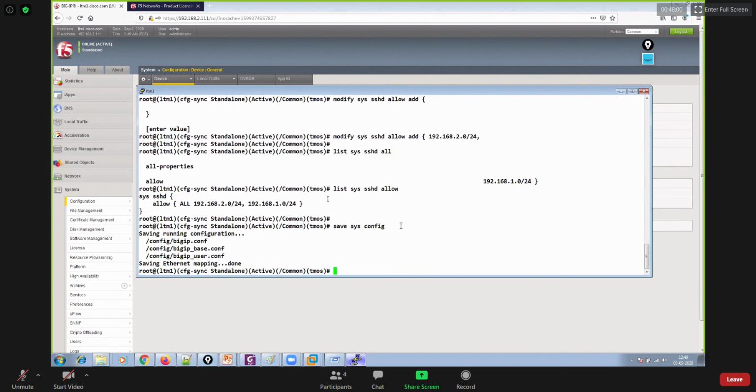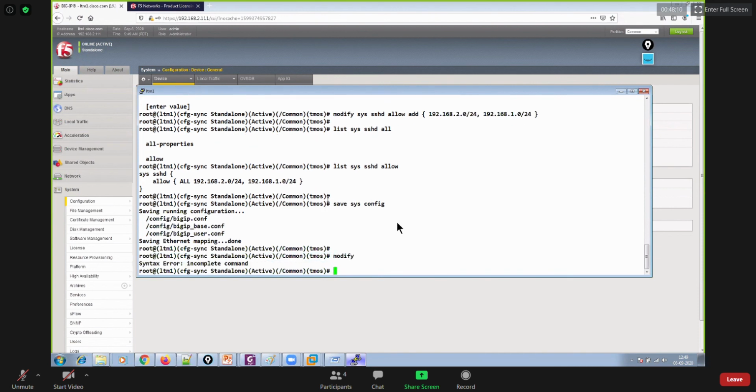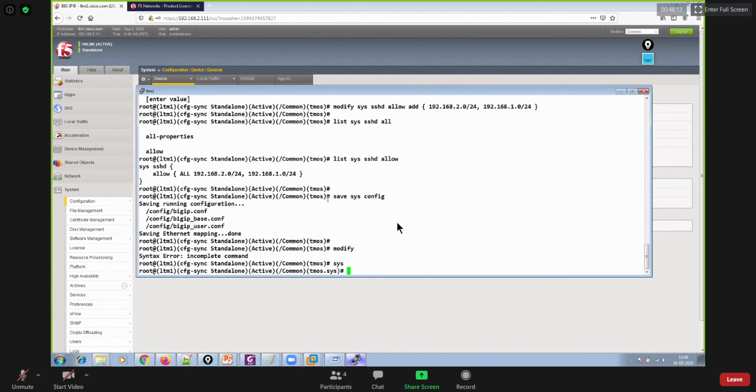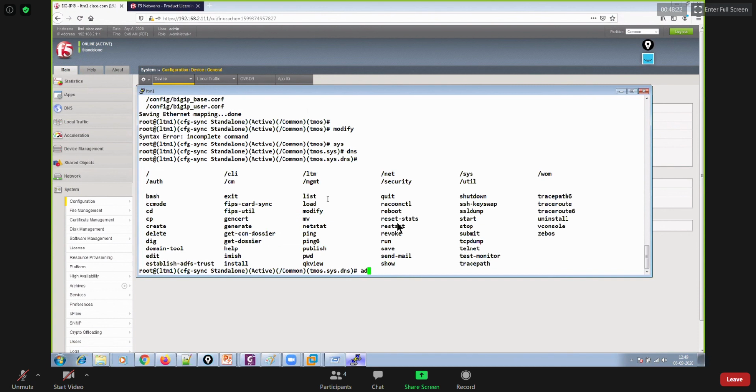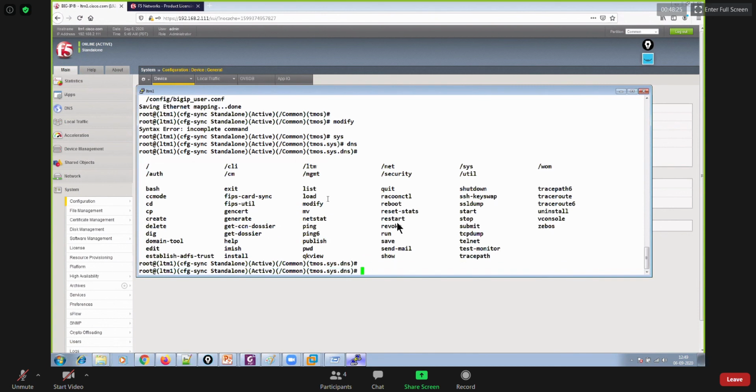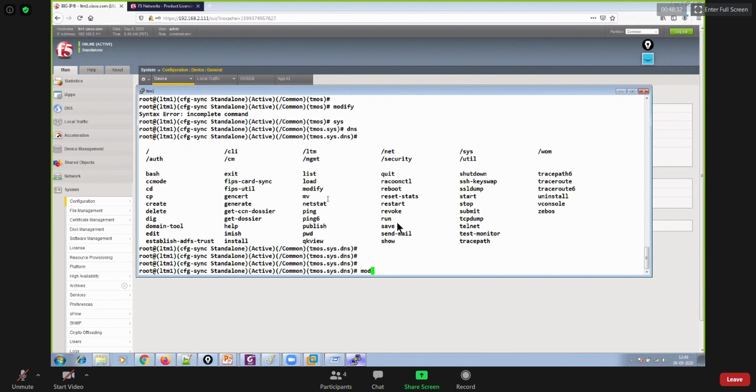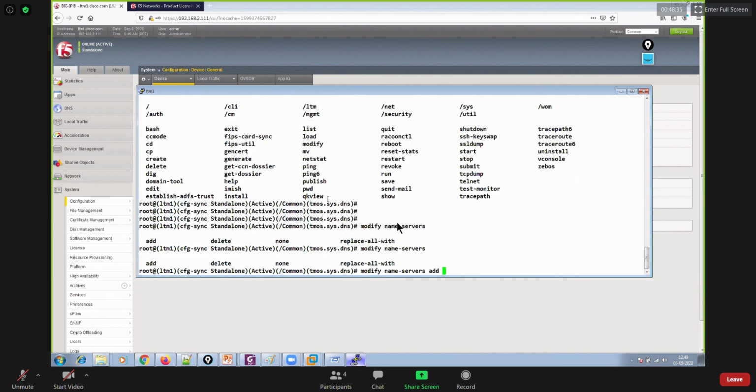One more thing I would like to show you here. If you have worked on Junos, the Juniper operating system, you could also use it in this way: go to sys, then dns, then modify name-servers add like this.